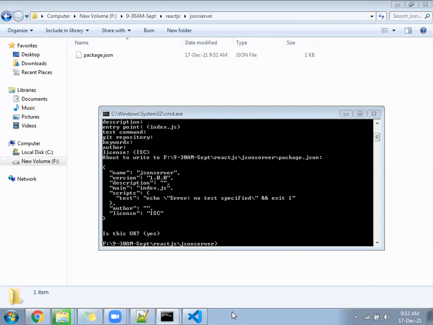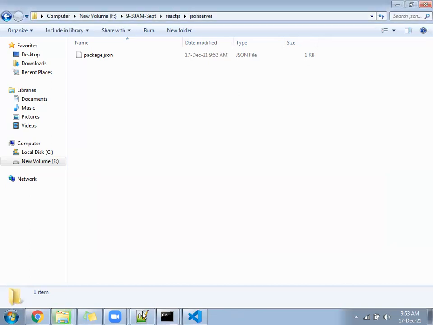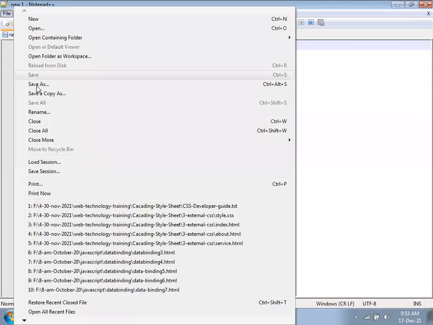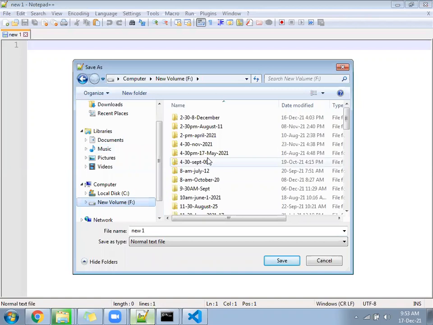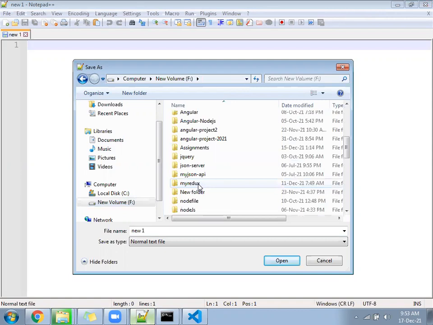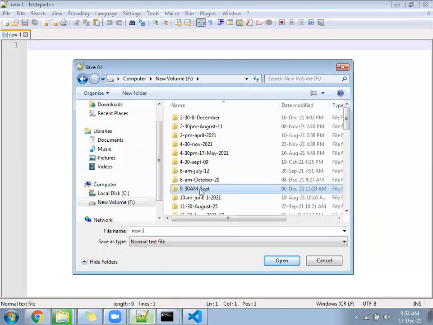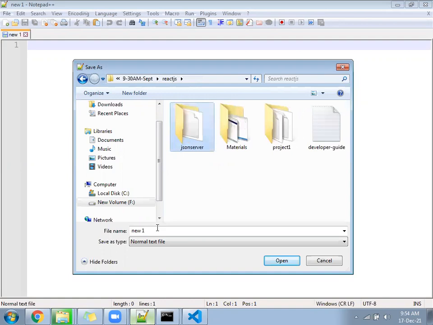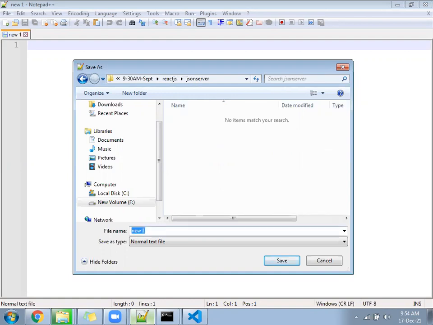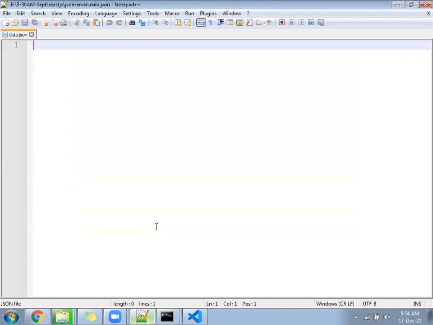Under the JSON server folder, you will create a file data.json.